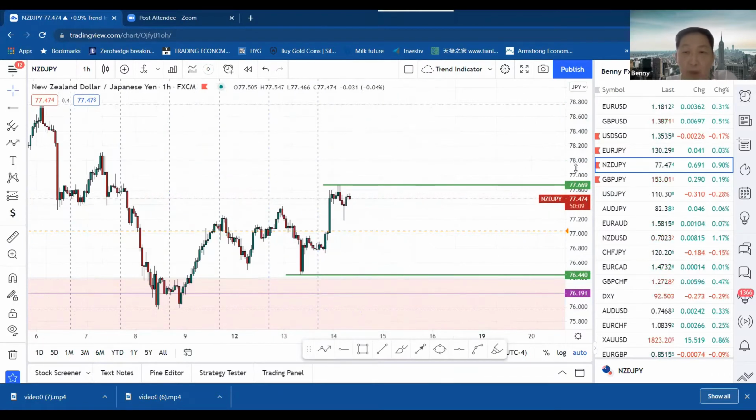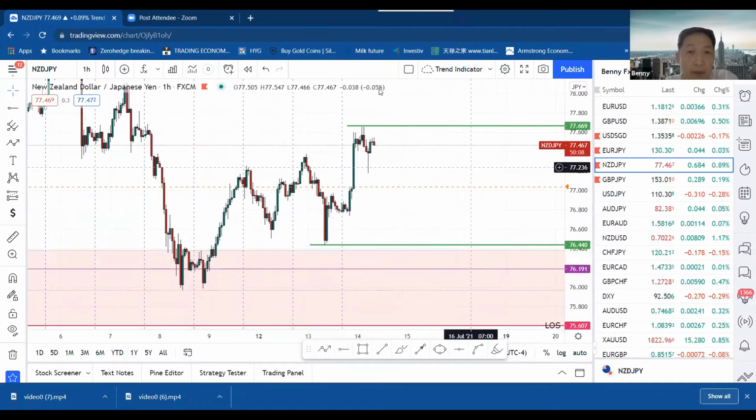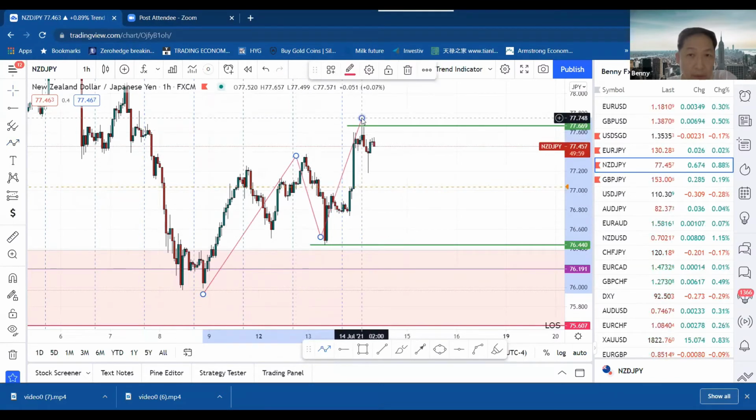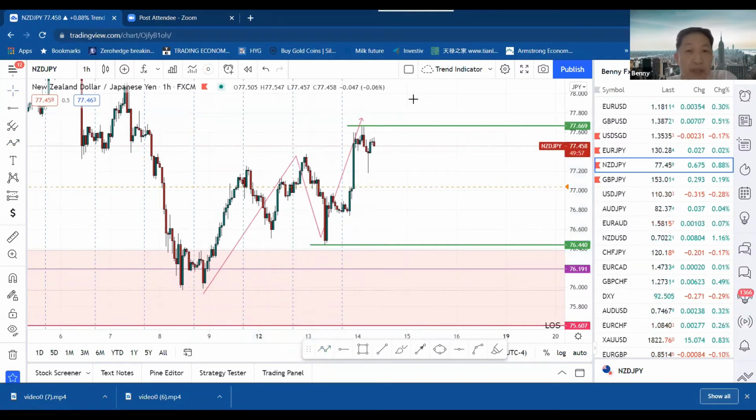Now, over this small time frame, we can see that it is in an uptrend. Okay, we see that it is in the uptrend. The price makes a low, the price makes a higher low, the price makes a high, the price makes a higher high. It is in an uptrend. So now we define our range, the high and the low. Okay, we have defined our range, right? The price broke the higher high,